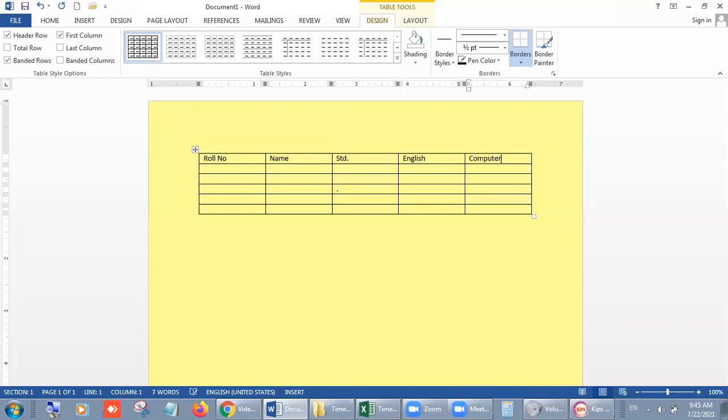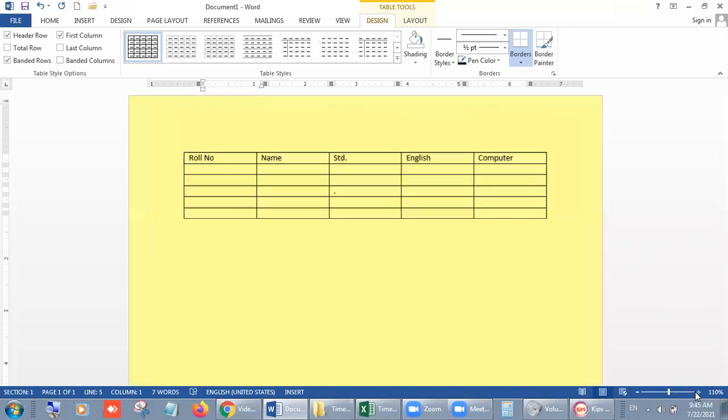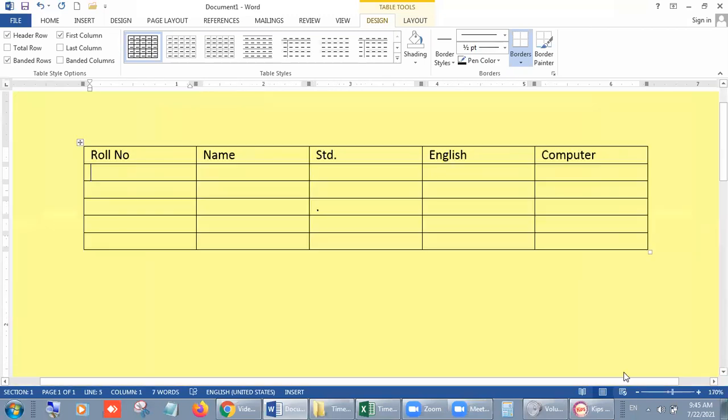Suppose we are taking the marks of only two subjects, English and computer. Okay, let me enlarge the screen. I hope it will be better for you.